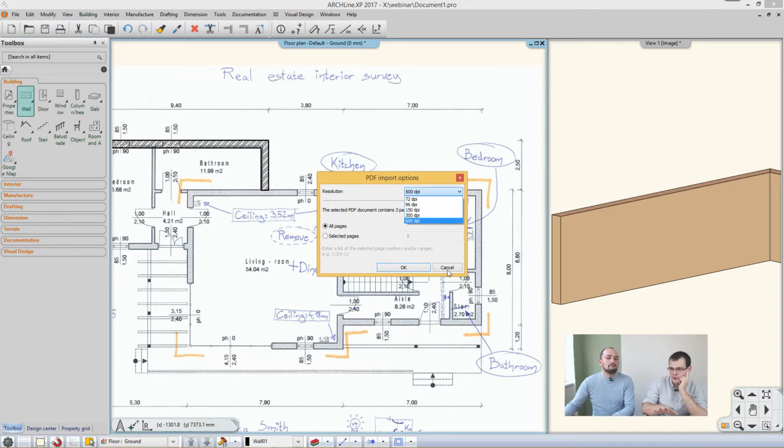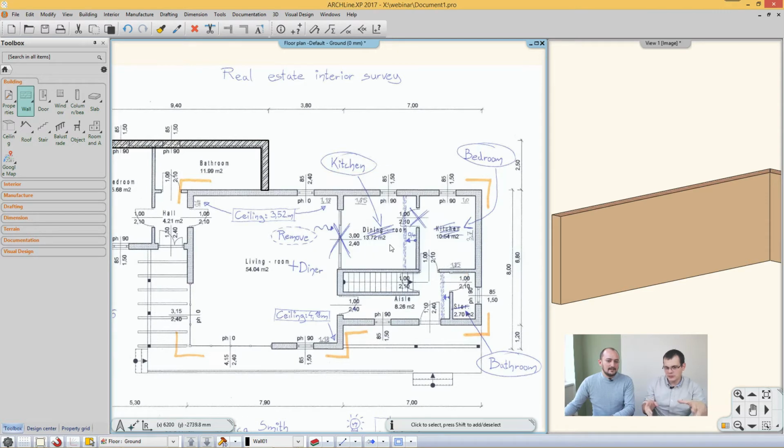Apart from that, it's the same concept. You import, you scale it, you check the measurement to see if it's accurate, and then you redraw it. From that point on, it's absolutely the same. And about the PDF import as a vector, this will be very similar to how you process a DWG drawing,